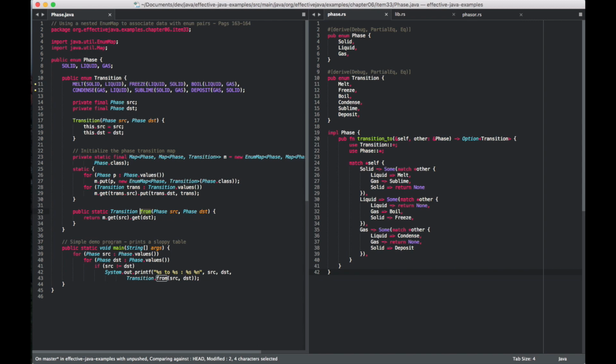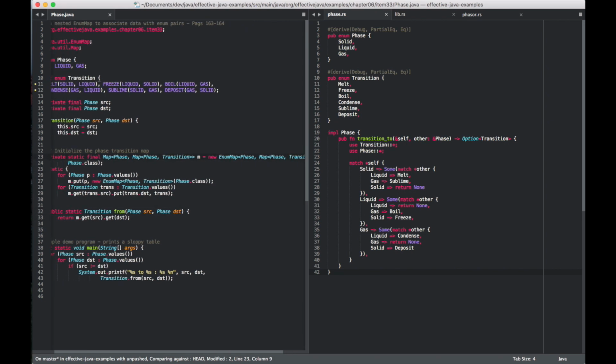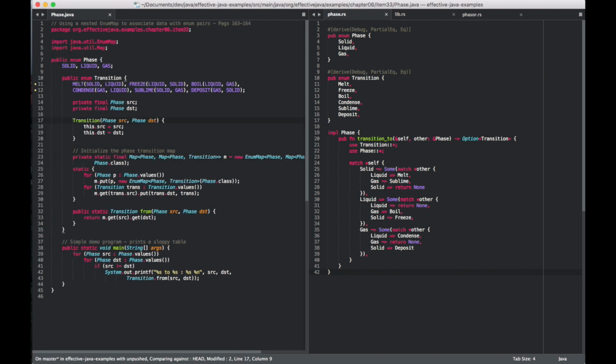which is quite odd to me, allows us to basically convert from source to destination. I think this mapping here is on the transition enum, so it's in the nested type. It's not on the phase. And